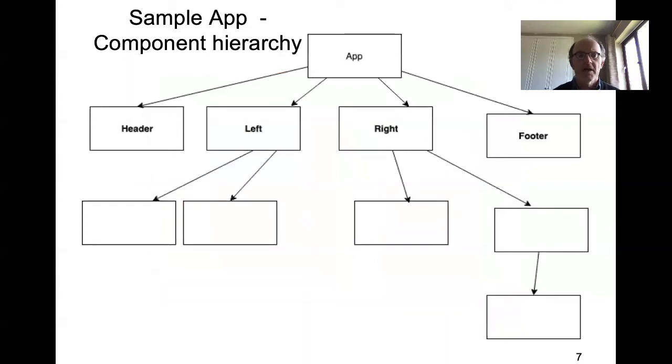I didn't fully label this hierarchy, and some of the labels wouldn't really be very good component names, but they serve the purpose of relating this hierarchy to the previous screen. So, I'm hoping that you will understand that, for example, this component here is the one that's going